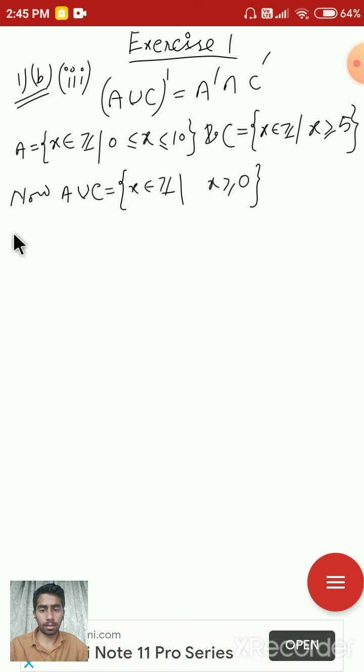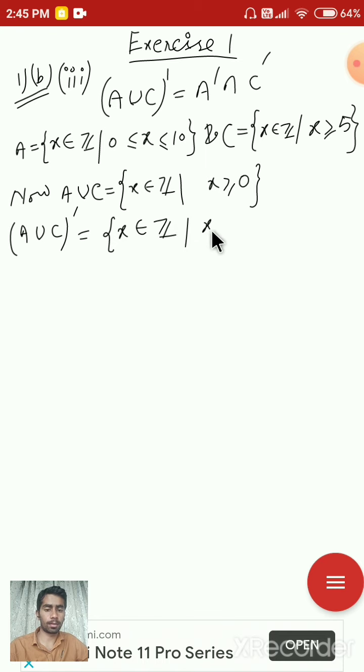And here is the universal set. We can take the universal set as Z, and therefore (A union C) complement will be x belongs to Z such that x less than 0,